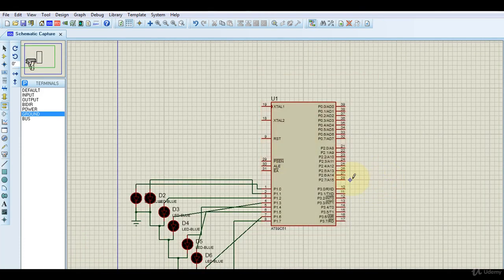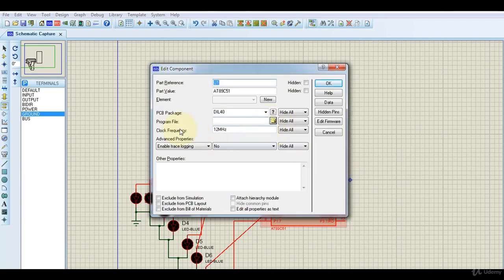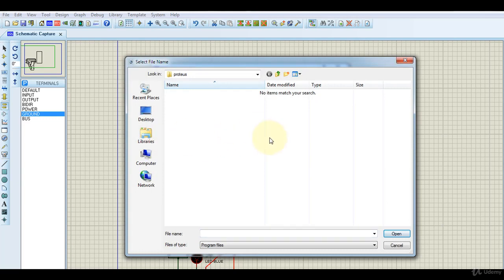Now what we can do, you have to double click on the AT89C51. You have to select 12 megahertz clock frequency, or you can make it 11.0592 megahertz. Then you have to browse the hex file. So go to Objects and you will get the hex file.